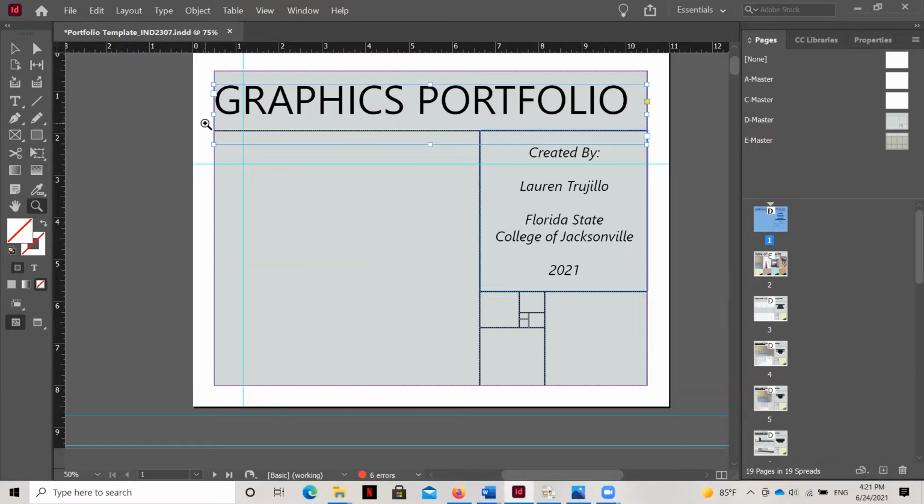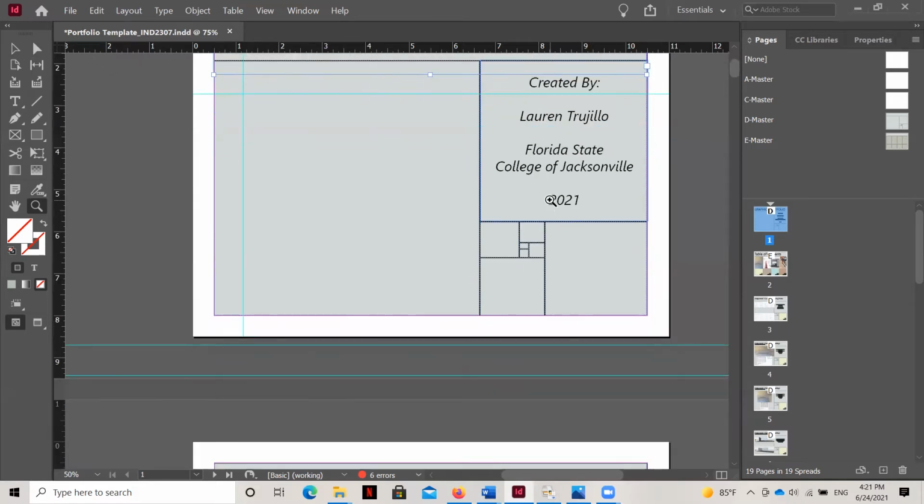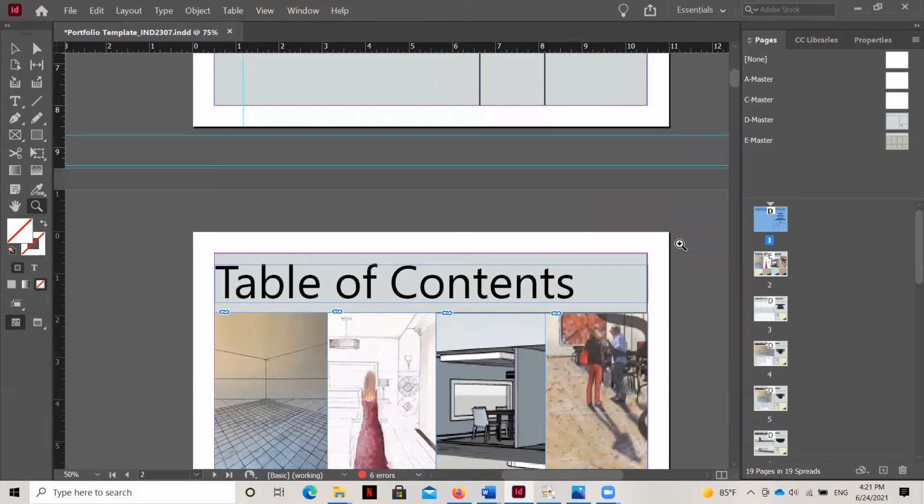But for now, I want to navigate you through a couple of different pages within this InDesign portfolio. And so what you can see here, this is the cover page, and this is the first page. You can see it's over here. And you can see it's got just some basic information about what you're about to see. If we scroll down with our scroll wheel, we can scroll or we can click over here.